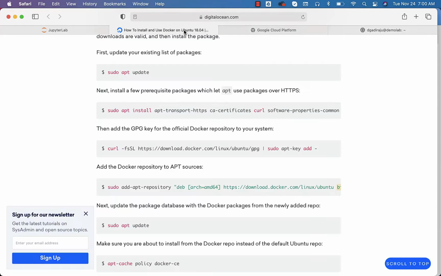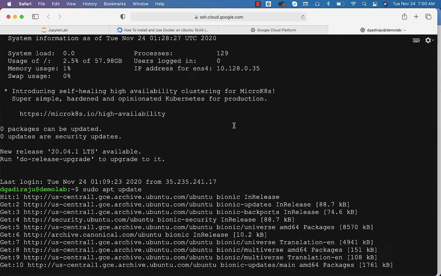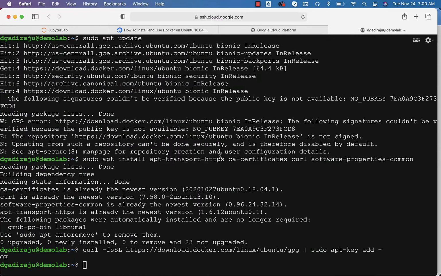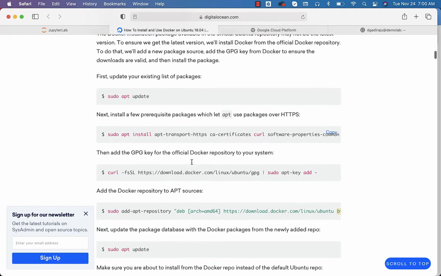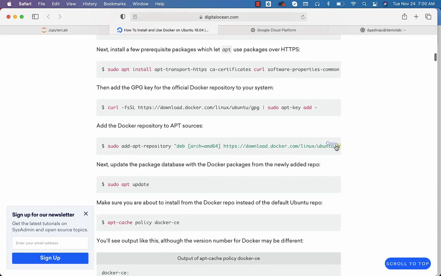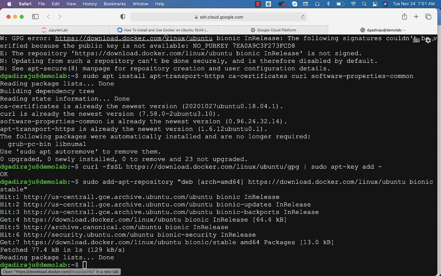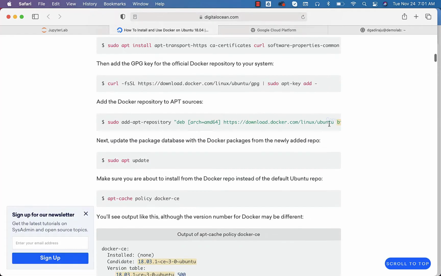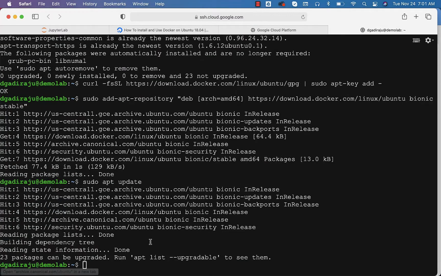It is taken care of. Now let me run this. I think this is the step which was missed earlier. I'm not 100% sure. I'm just running it again. So first apt update, then run this, then run this, then run this. This is successful. Last time it failed, now it is successful. Now I should be able to update. I think even last time it was successful. This is the step which it failed. Yeah, now it is also successful.